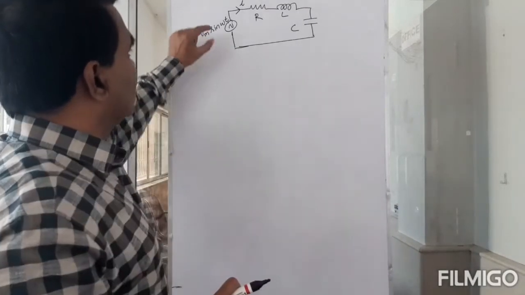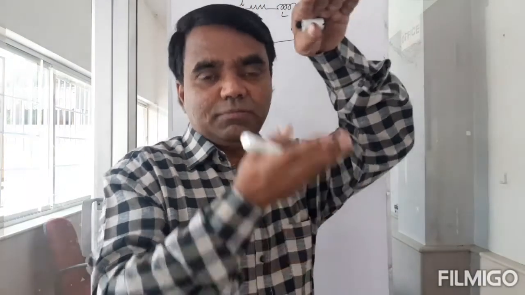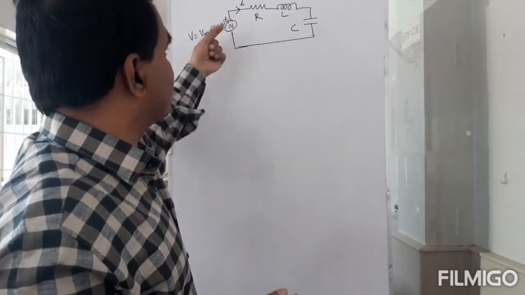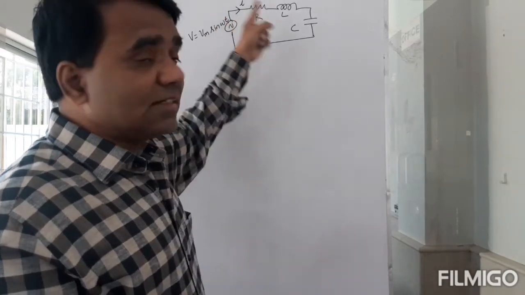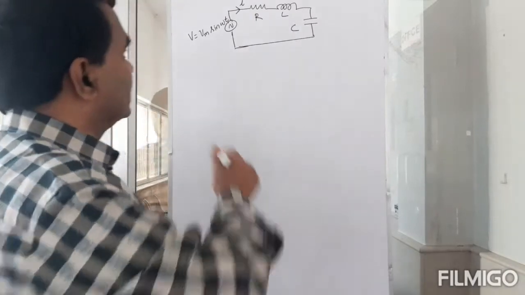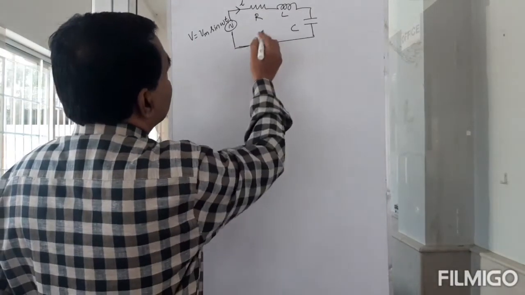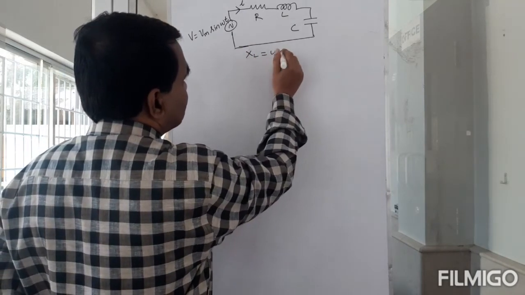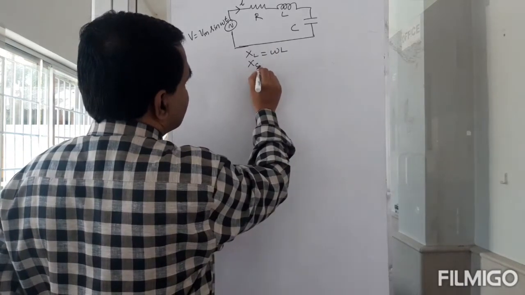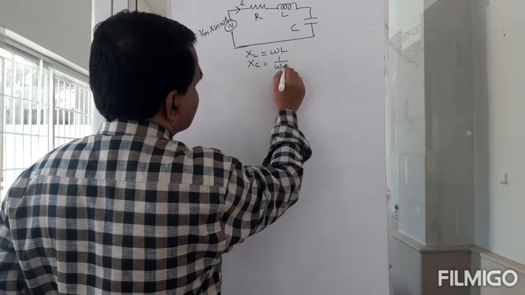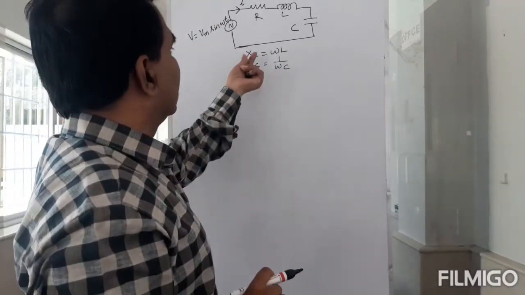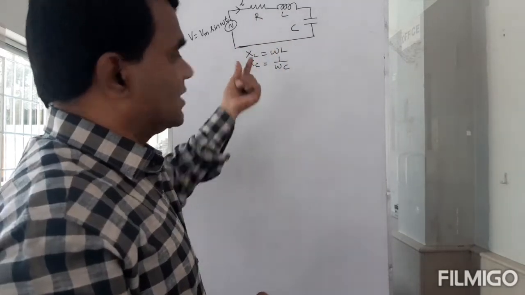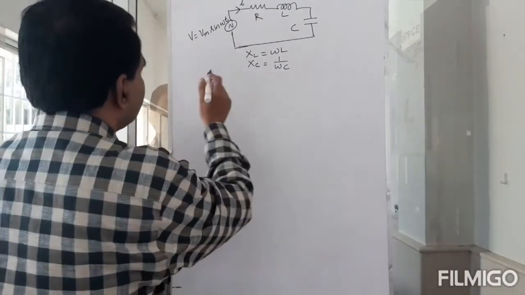By keeping the maximum voltage at the same level, if I change the frequency of this power supply, then I will get different currents in this circuit. The reason is because XL is equal to omega L, and XC is equal to 1 by omega C. So if this changes, for the same L and same C, I can get different XL and XC values. So even though